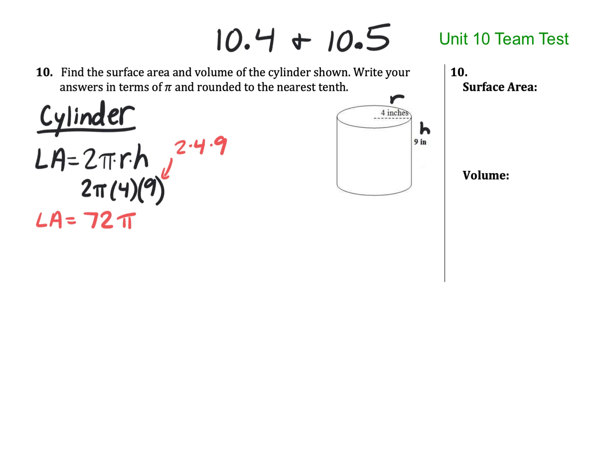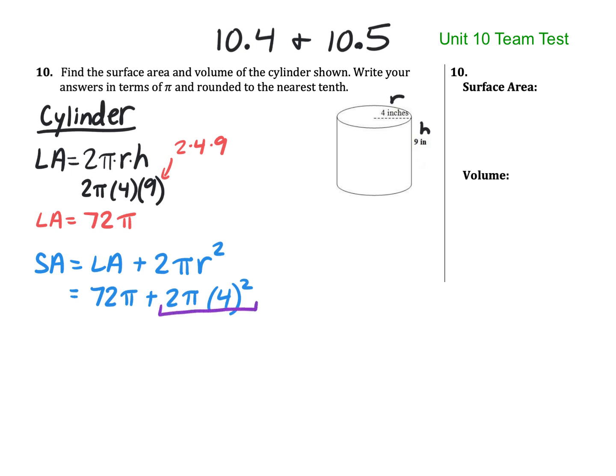Now we can find the surface area by taking the lateral area plus 2 pi r squared. And this formula, again, is right off of your Unit 10 formula sheet. Let's sub in our values, so 72 pi plus 2 pi times 4 squared. When I do my calculations here, I have to start by simplifying this, and 2 times 4 squared is 2 times 16, so 32 pi. And then we'll add 72 pi and 32 pi. They're like terms here. We can add 72 plus 32, which is 104. So our surface area is 104 pi